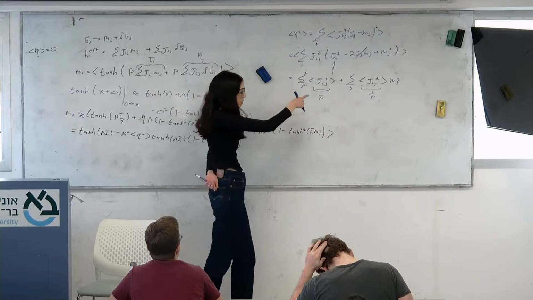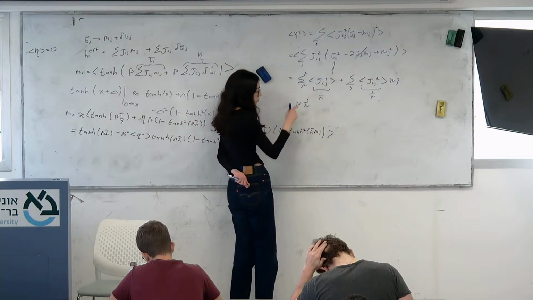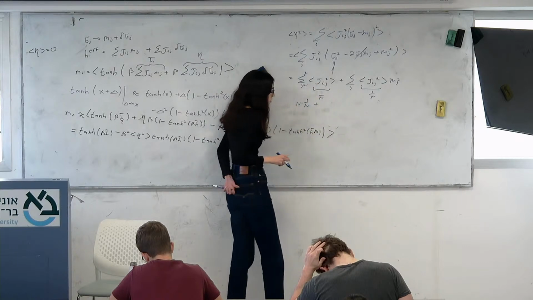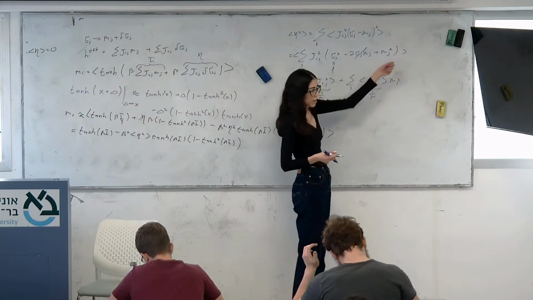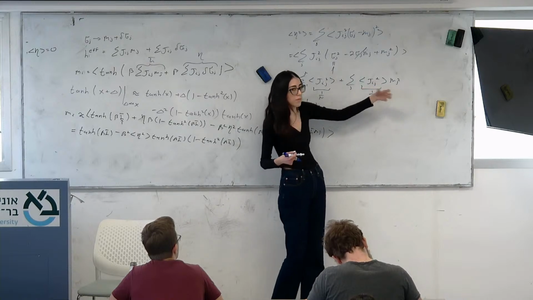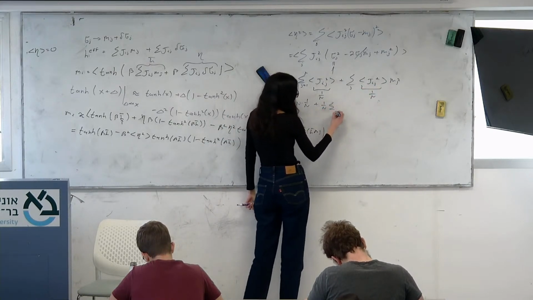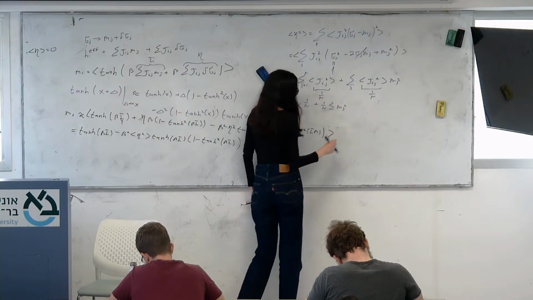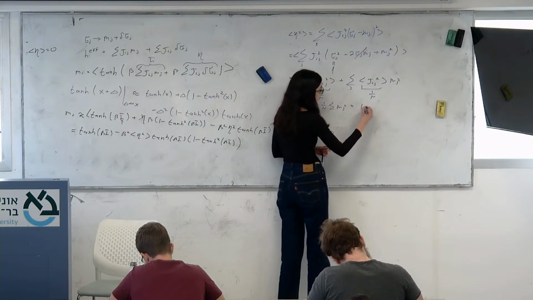I have n spins in the system, so I have n multiplied by 1 over n from this. And here, mj is constant with respect to the average, but I still have the summation over all of the different j's, so I have to leave it as a summation. So I have 1 over n sum over mj squared. So overall, this is equal to 1